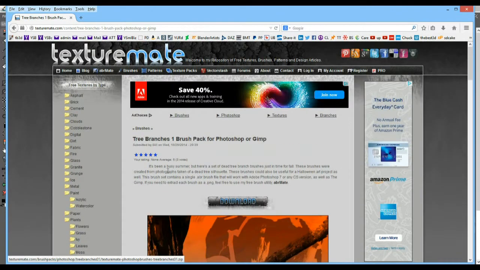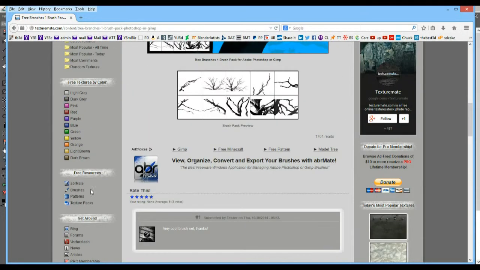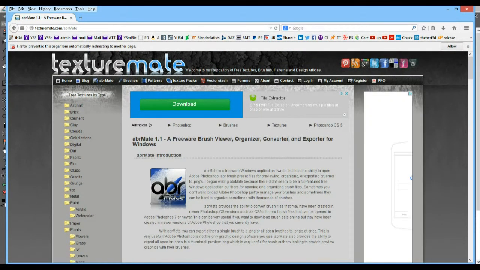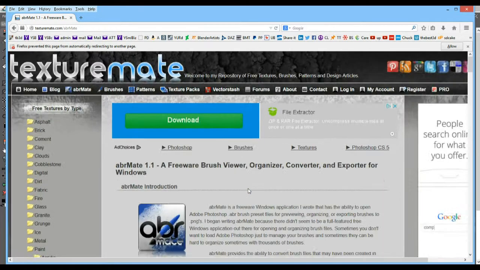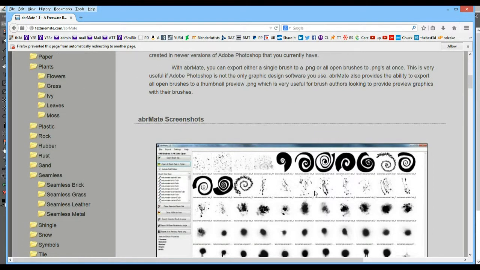So let me start by going to TextureMate, texturemate.com, where Bill Scott has a huge collection of beautiful patterns and textures, texture packs even, and also brushes, and of course the tool abrMate that we will use. So by now I hope you have downloaded this free tool. It's a freeware Windows application that Bill wrote to view the images, but also to convert them into PNG files. So you can use them in GIMP, you can use them in other programs, some of which may not have support for ABR brush set files directly. And in fact, Dogwaffle is in that situation right now. That may change over time, but for now we will use